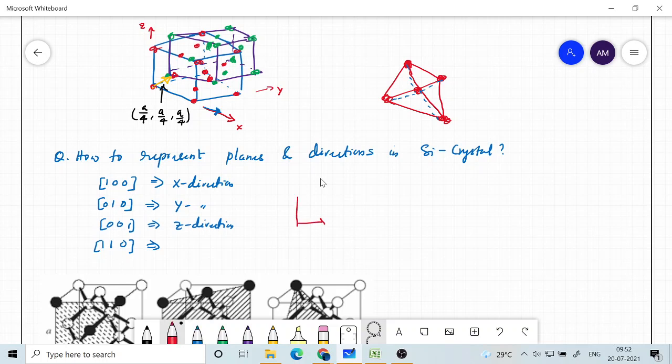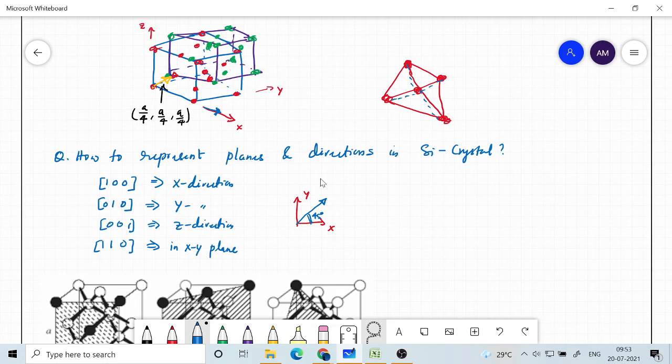So you have the x axis, y axis, and your vector is aligned like this. So this is 45 degrees, and therefore this will also be 45 degrees. So the x component and y component are the same, and therefore it is 1, 1, 0. If they are not the same, you will have other numbers here. So this is a vector in the x, y plane. This is how we represent the direction.